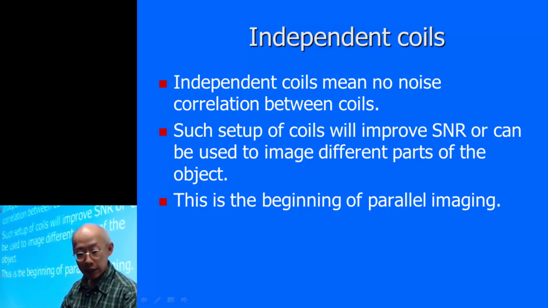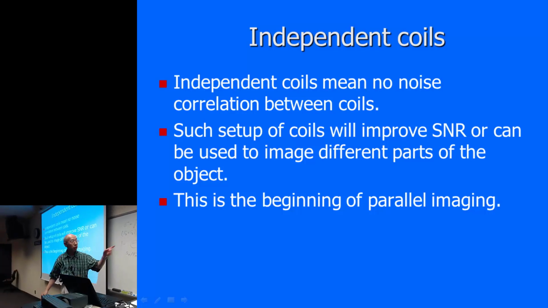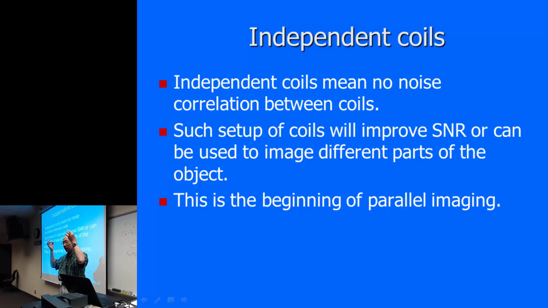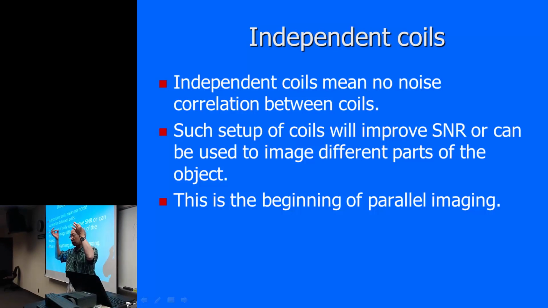Okay, and so the last remark is about parallel imaging. The reason is, you can imagine now if you have multiple coils, so instead of using the gradient coils to form the images, you have one RF coil here and one RF coil here, and each coil is going to pick up the signal simultaneously at the same